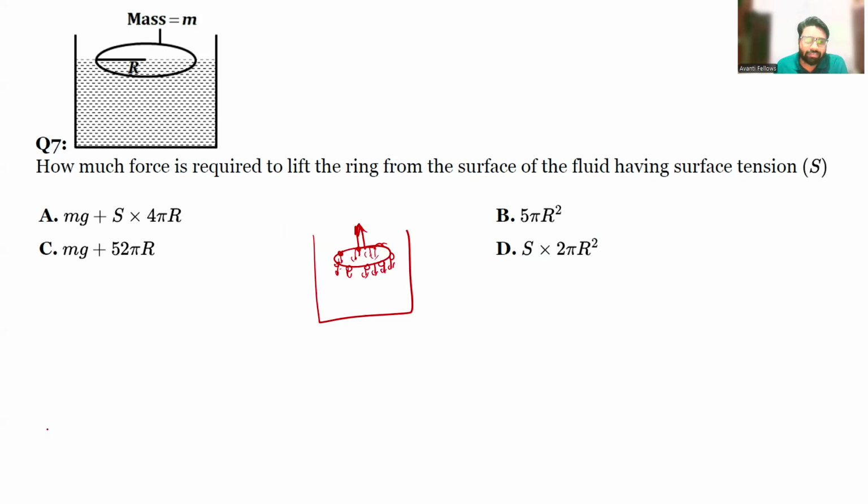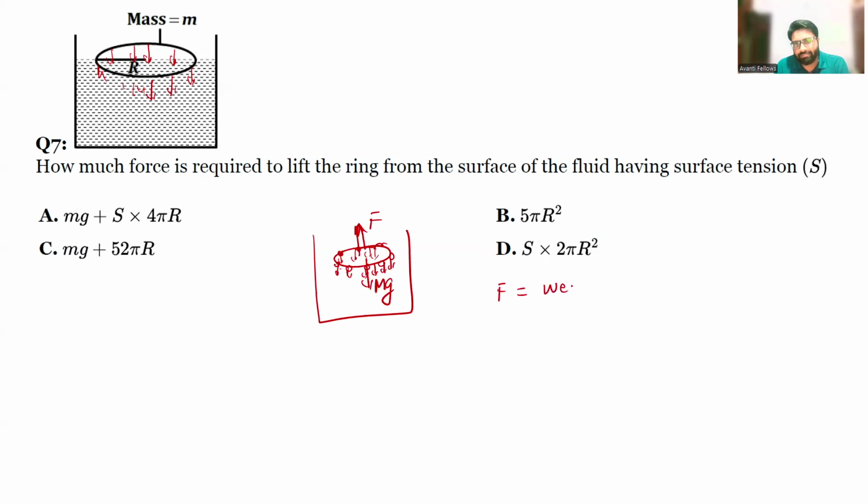When we try to uplift this ring, it's very obvious. When you try to lift it against its mass, against the weight of this ring, there is another force also, which is the surface tension developed on the surface of this ring. Okay? Got it? So if I see the net force that is required, let's say that is F,